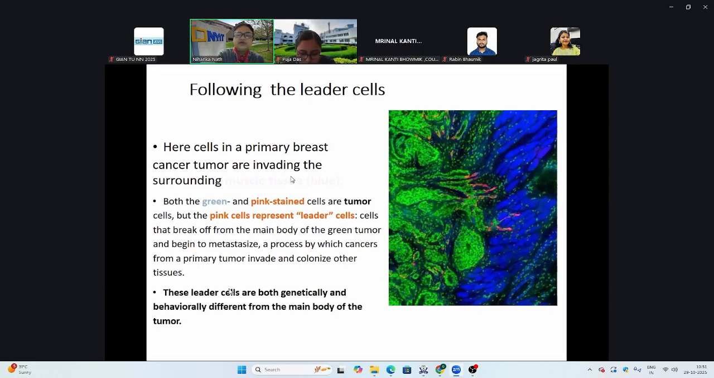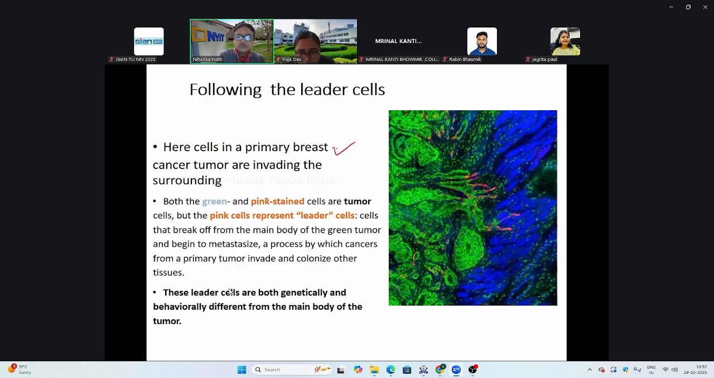So what are leader cells? It seems that leader cells take the special role of being the first to go out, to try to leave the other cells and find a way to go to the blood vessel, or to invade the other tissues. Okay, so this is a primary breast cancer tumor. So this picture here,